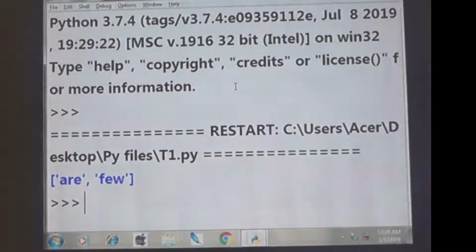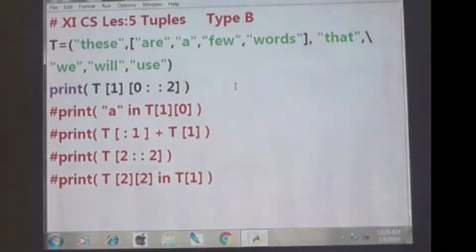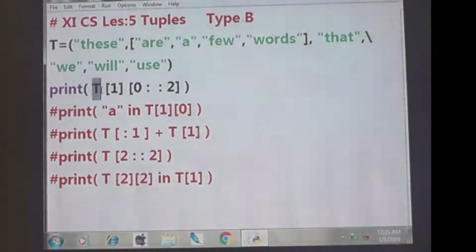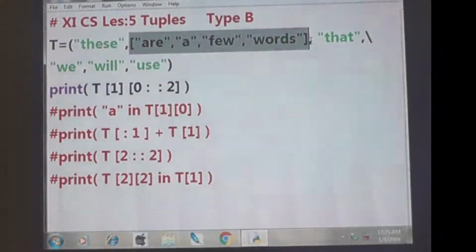Got it? So many of you can't understand. Okay, once again I will repeat. T means this complete tuple. Then T of 1 means the 0th index, first index. So this 1 denotes this complete selected portion.